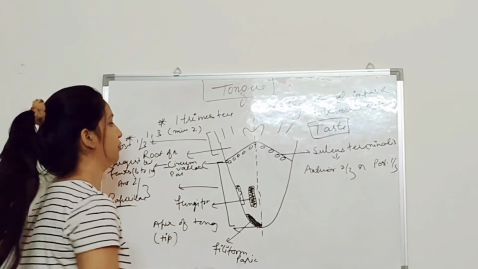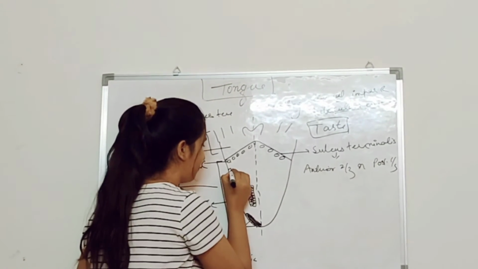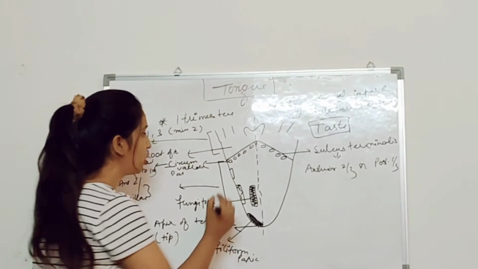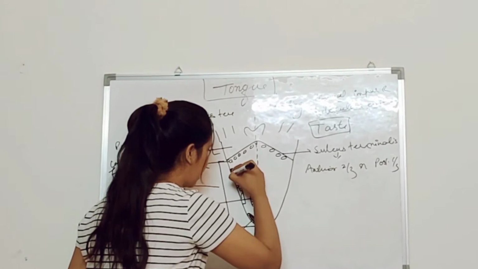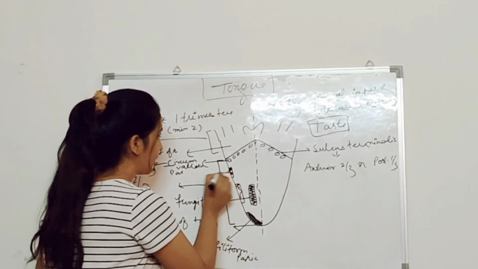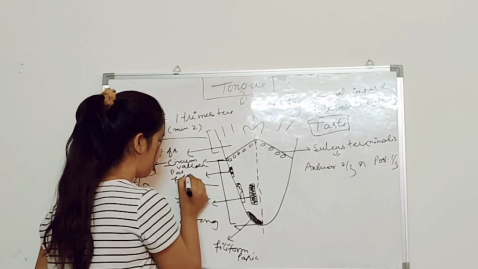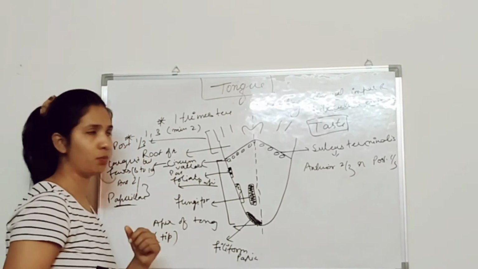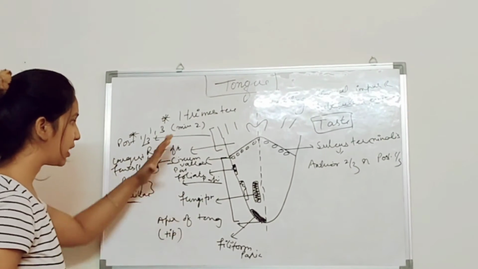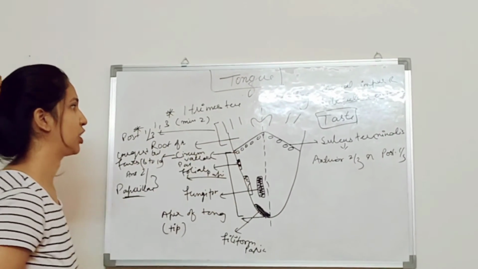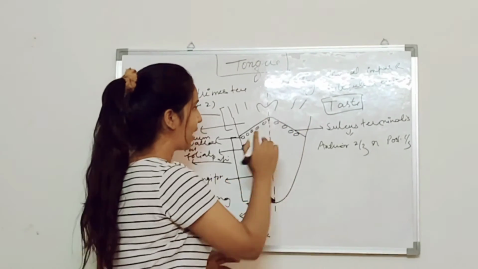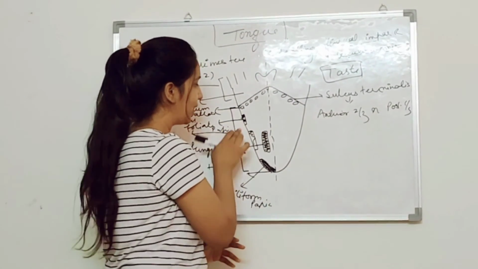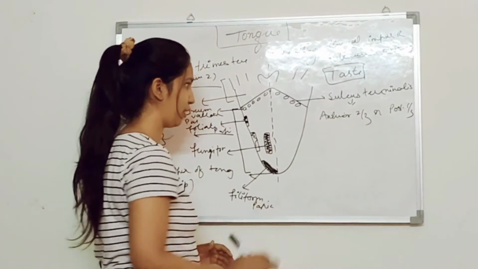The fourth one, which is known as the foliate papilla, is uncommon in humans. So you have to remember this thing. This is the foliate papilla, which is uncommon in humans. So you have to remember each papilla and each demarcation. This is the sulcus terminalis. Anterior to this are the circumvallate, foliate, fungiform, and the filiform.